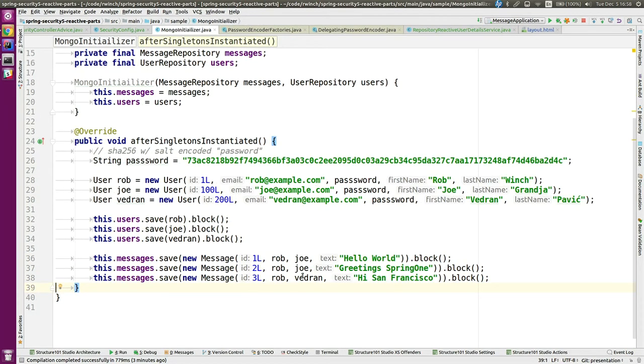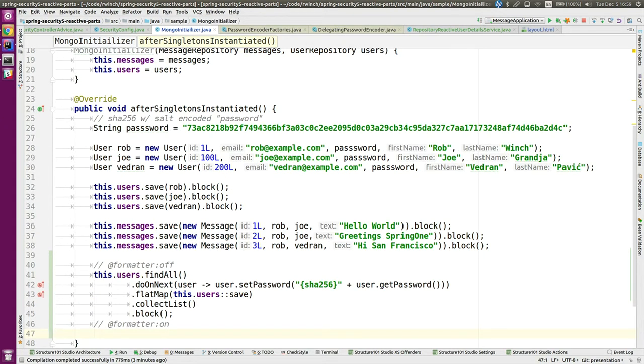Now, each time on my database startup, I'm using an embedded Mongo, I'm creating new users. And we're going to go ahead and pretend this is my data migration. And what is this doing? You don't really need to look at the details of it, but what it's doing is it's prefixing all the passwords that are in the existing system. This is the migration you would perform, with curly brace SHA-256 curly brace. So delegating password encoder knows that anything in the system is going to be SHA-256. If you have a different password encoder, you would just provide the correct ID for whatever you're trying to migrate